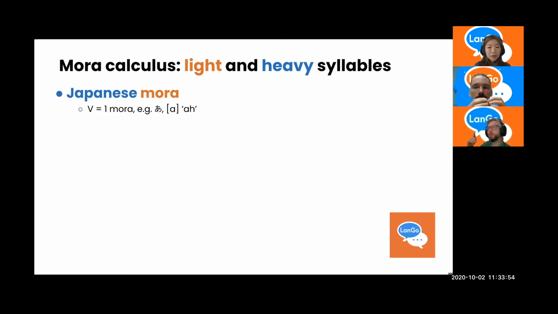A one Mora word in Japanese is one which has, if you were using the syllable to measure it, nothing in the coda, right? But as soon as there's anything in the coda, it's two Mora. You've got to remember the rhythmic unit is different. So we're going to start with the one Mora words, and then this will become clear when you look at the two Mora words. So a one Mora word in Japanese, an example of a one Mora unit would be